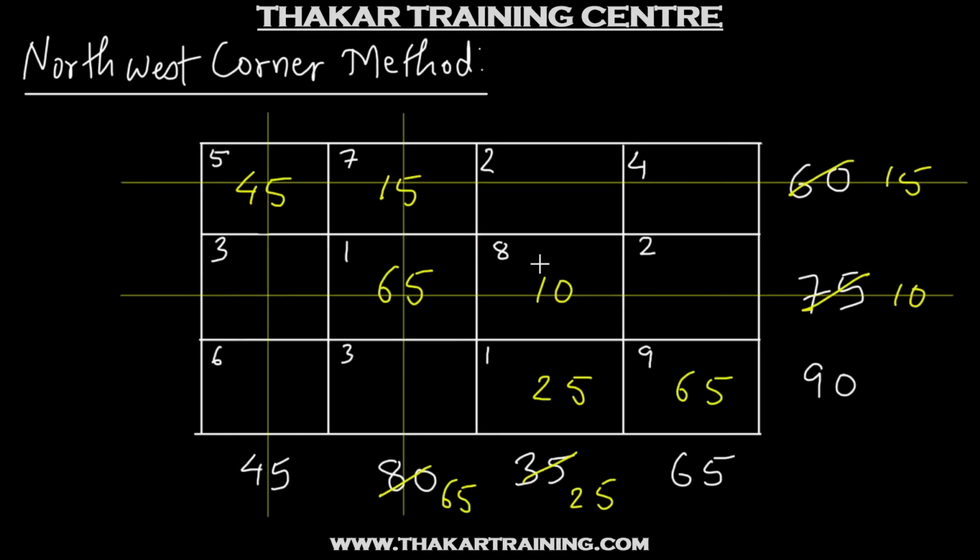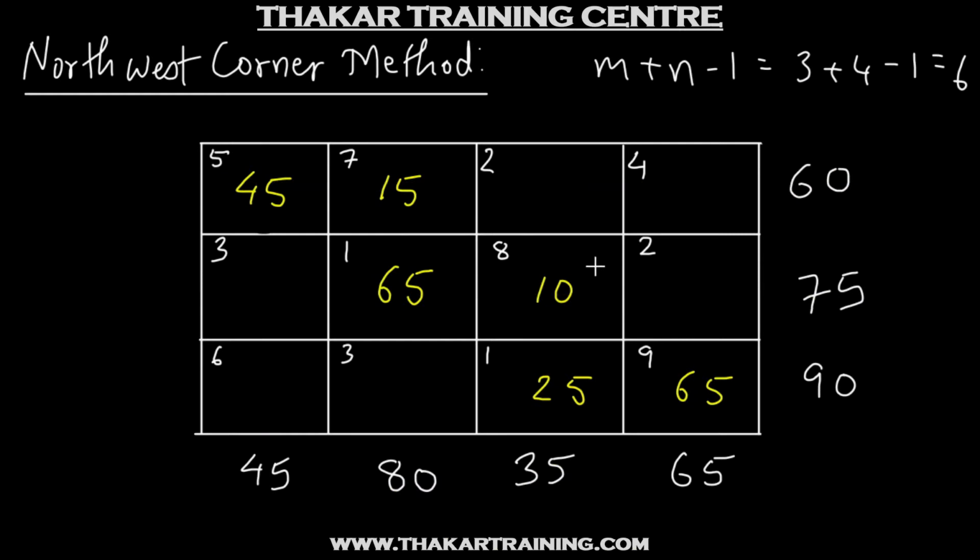So if we observe the way in which the allocations were made over here, we did not look at what is the cost of transporting a unit quantity from any source to any destination. The allocations are just made by selecting the topmost left hand side corner cell and allocating the maximum possible quantity to that cell. So in general, the solution obtained by the northwest corner method is not the best or the most economical solution. However, when we will discuss the other methods further, you will realize that this is one of the simplest methods to find out the initial basic feasible solution to a transportation problem.